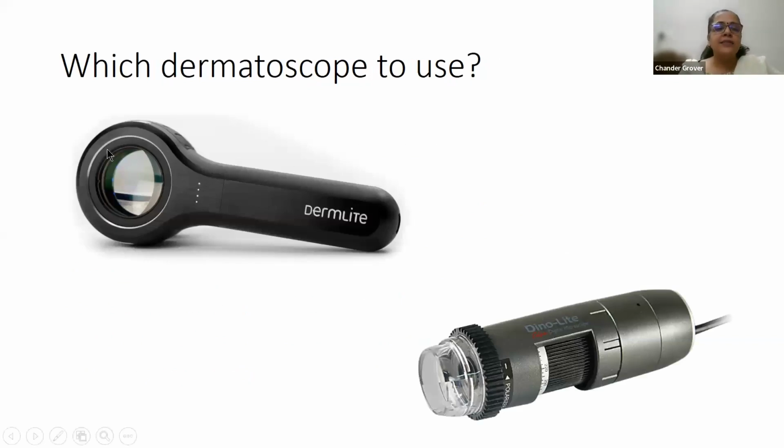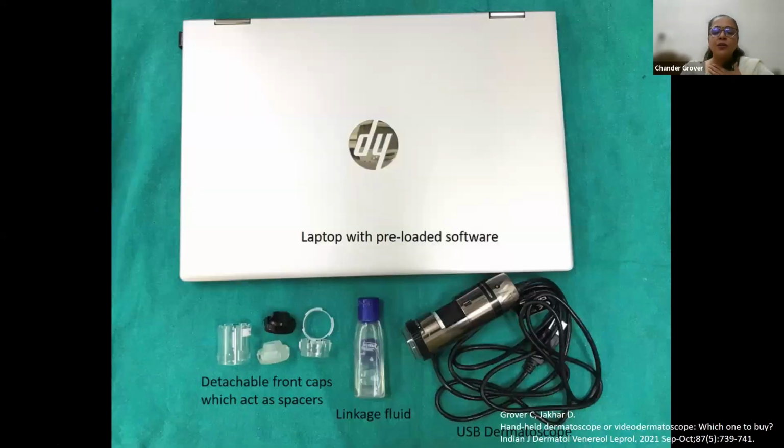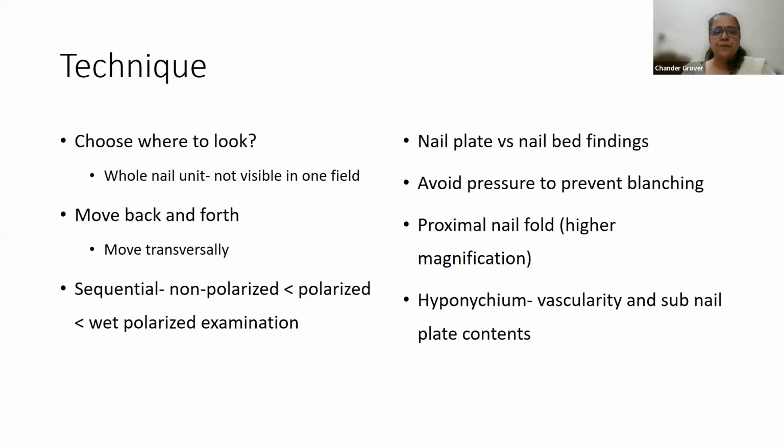This is a 10x dermatoscope, which is a handheld device, whereas this particular USB dermatoscope gives you much higher magnification, starting from 35x and going up to 200x, letting you see even the vessels in more detail. It is a non-contact dermatoscope but requires a laptop to process. So this is your contact dermatoscope, a handheld dermatoscope, and this is your USB device, which you will need to connect to your laptop. Your patient can also see the changes, and you can show the changes to your patient.